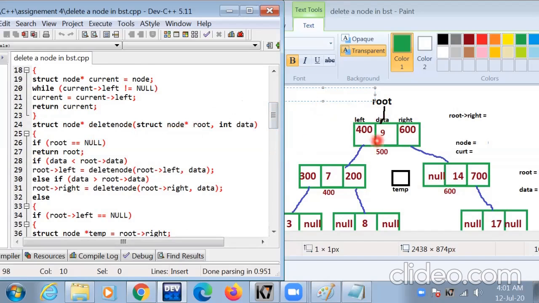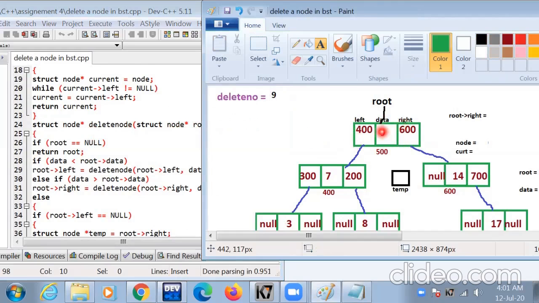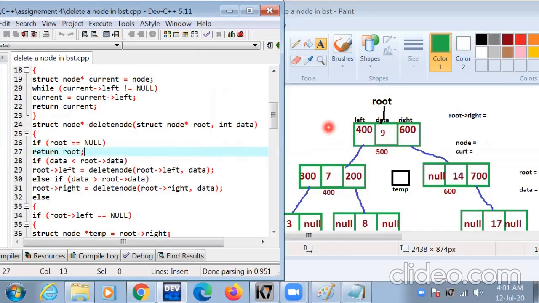This is the delete node function and this is the min value node function. Struct node root, this is the root. Integer data, data value is 9. Root equal to null, condition is false because root is not null.